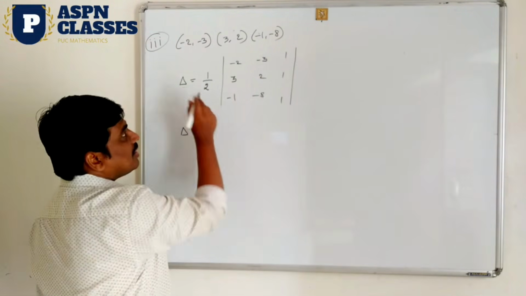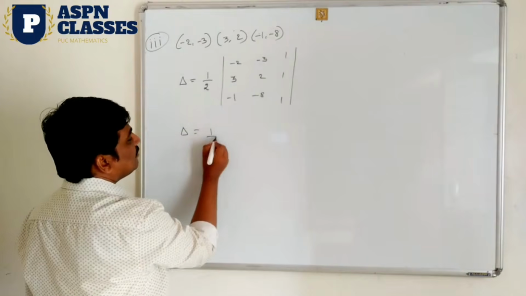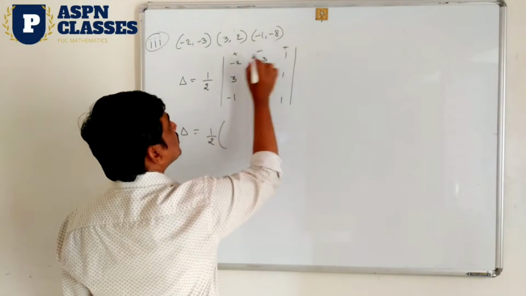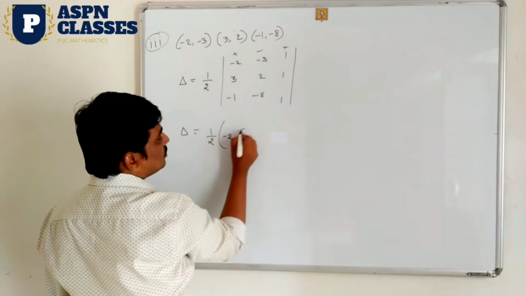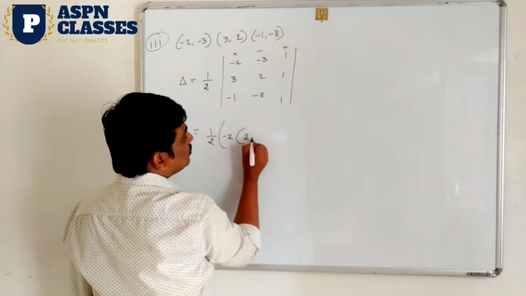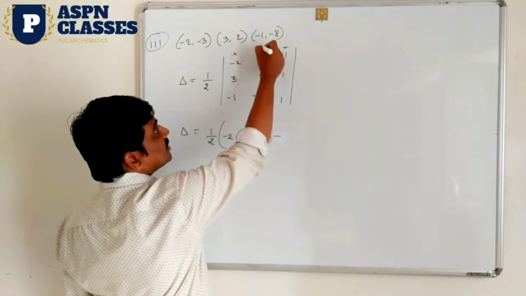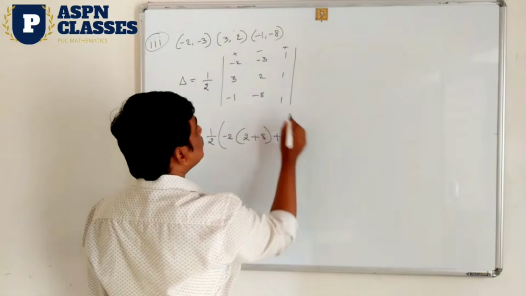Okay, expansion along R1, you have to take it and find the values. 1 by 2, write it as it is. R1 you take, it means what are the signs? Plus, minus, plus. So first row first column cancel, 2 in first, you write it here, minus 2. So 2 into 1 is 2, minus minus 8, that is plus 8. Next minus, this minus plus 3 is the answer, and then the remaining result is what?